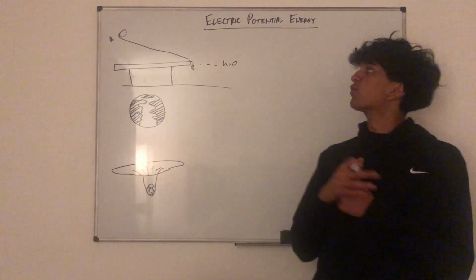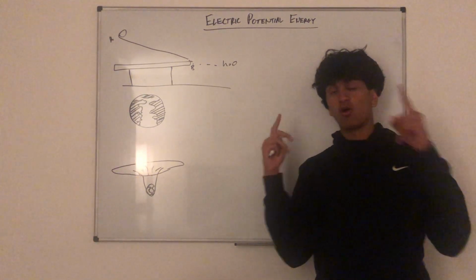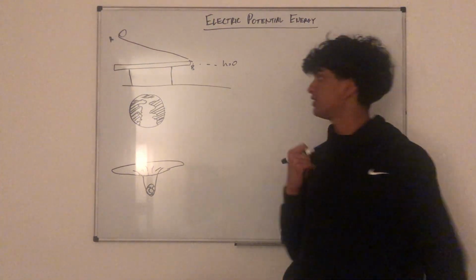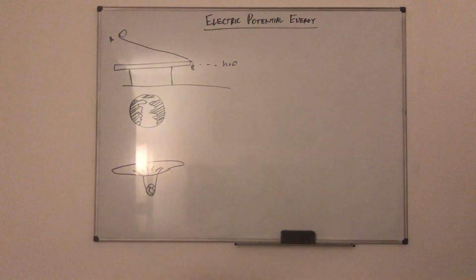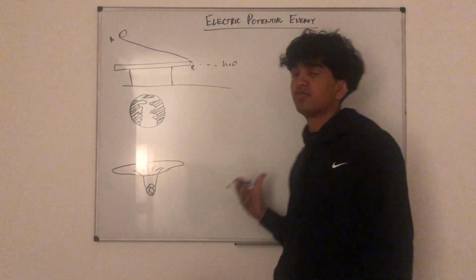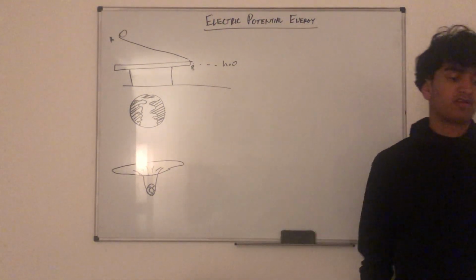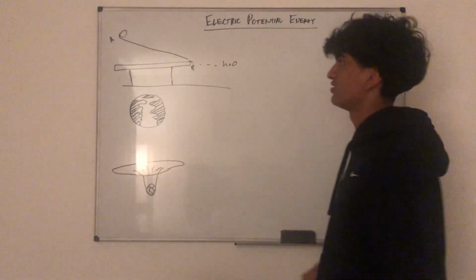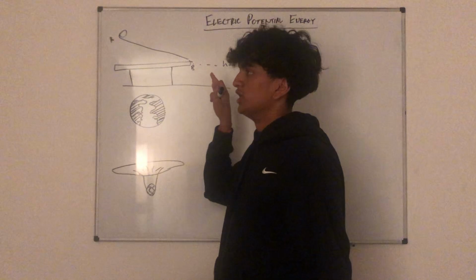Sorry about that. We're going to talk about electric potential energy. I'm going to go over pages 17 and 18 in your AP Physics 2 packet. Some of this is going to be AP Physics 1 review, especially page 17. The first question asks, write some energy equations that you could use to solve for the speed